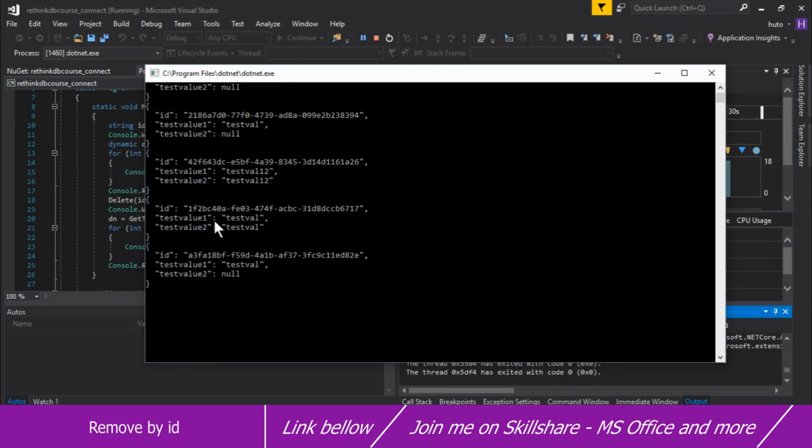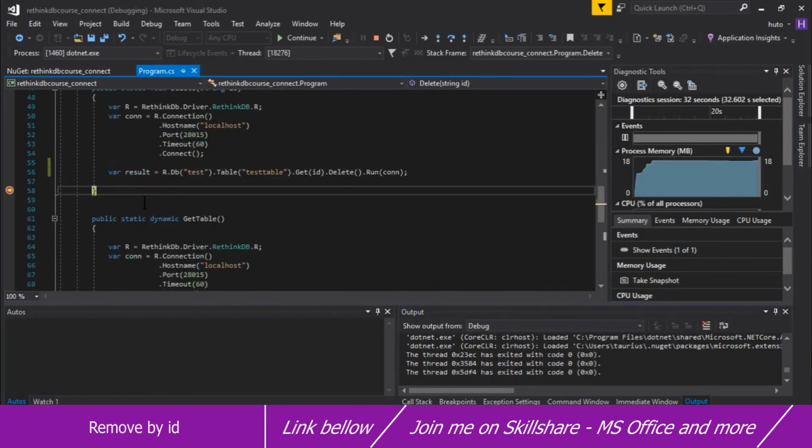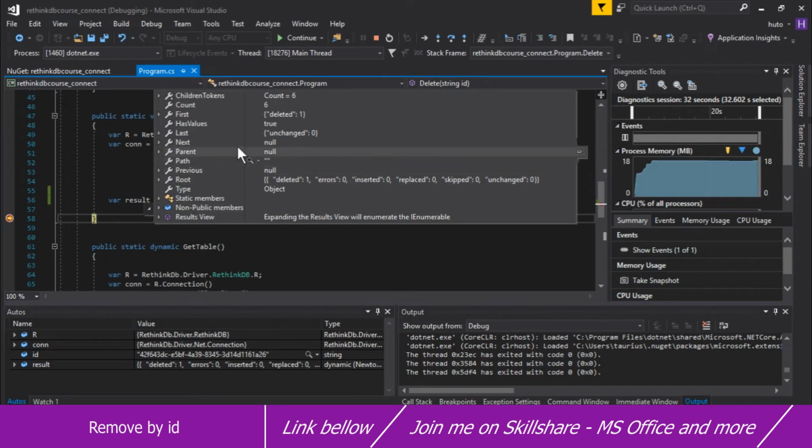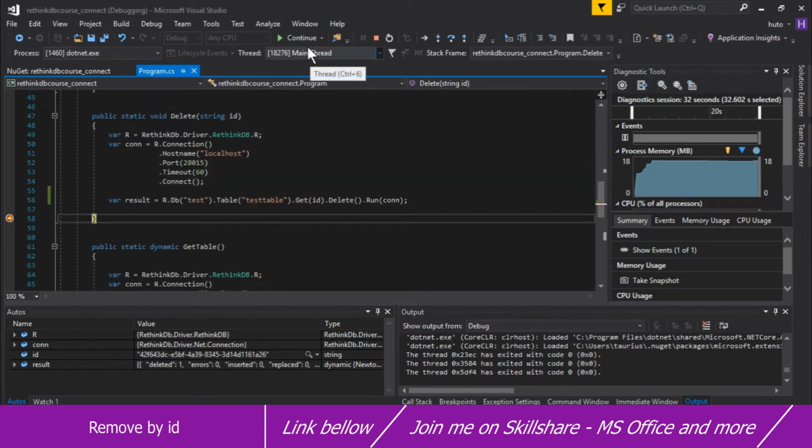So we click enter, let's say, and we break now. We break on the delete, and if you hover on the result, the variable that you get, you can see that you have deleted, and that is the one. So it says that it has deleted one record. And if you have some kind of other filter, which we will see in the next lecture, you might see higher values here. So it could be 10, it could be 100, it could be 1000. And as you can see, you also have errors, inserted, replaced, and these don't really matter except for the errors one. Now we can click continue,